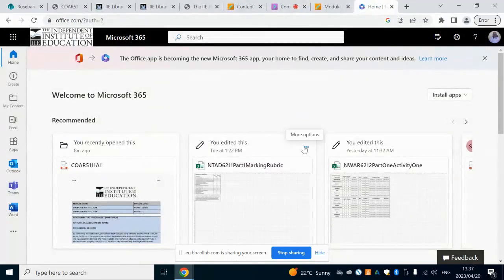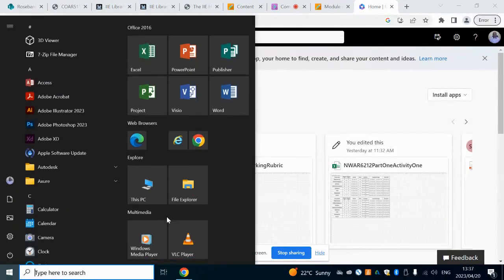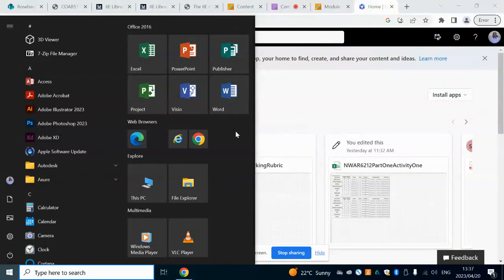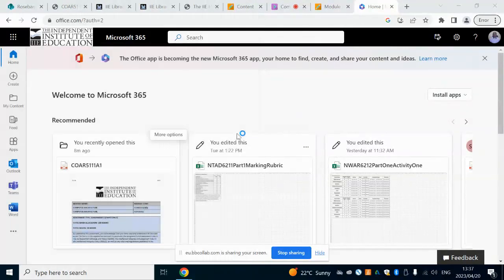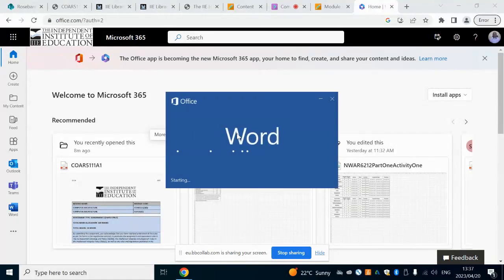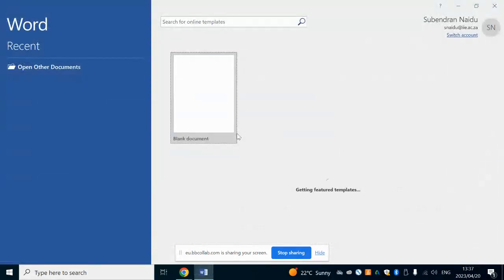Next, I'm creating a Word document, so I'm going to open up Word. I said whenever we create documents, we need to give them a meaningful name. In other words, I'm not just going to call this assignment 1. I need to know that it's a computer architecture assignment, and I also need to know that it's my document. For example,